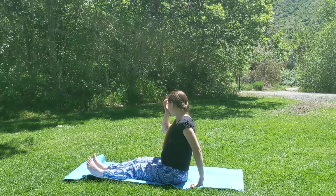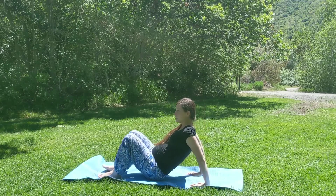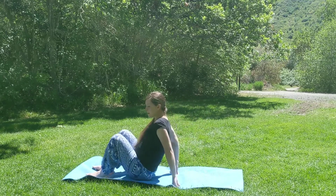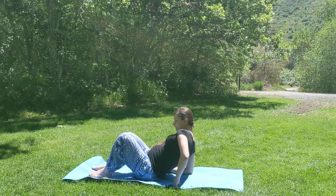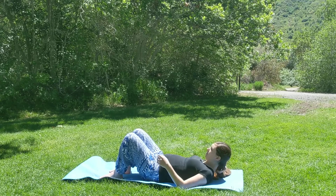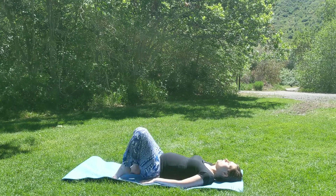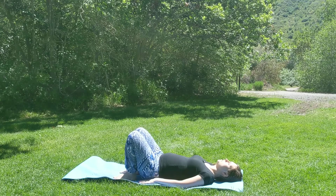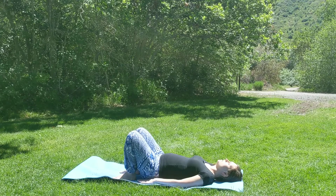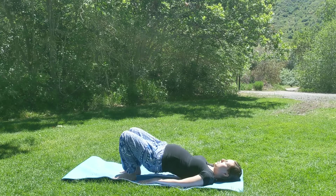So we're going to move into a bridge pose. So you might bring the hips slightly forward, plant the feet solidly, and work your way back down onto your back. So laying all the way down, we're going to bring the feet in towards the hips as much as possible, pressing evenly down into the ground,